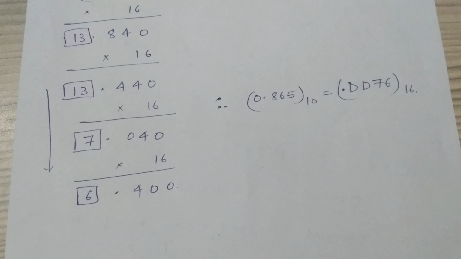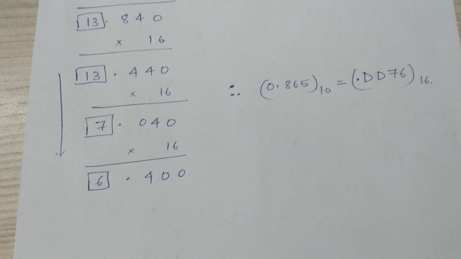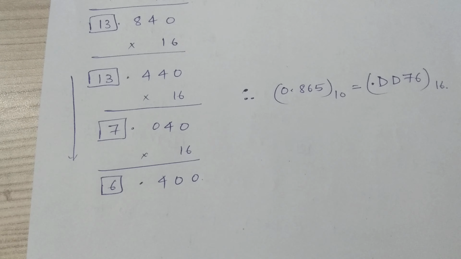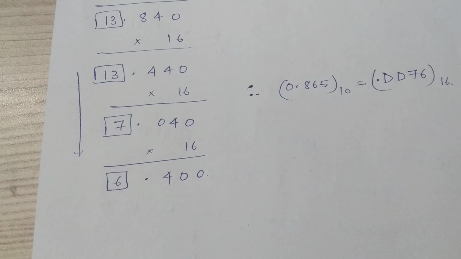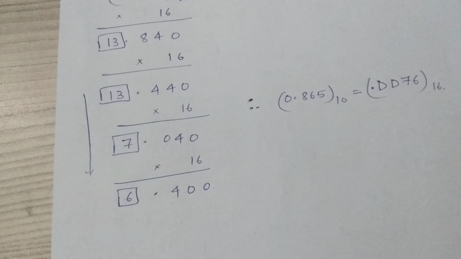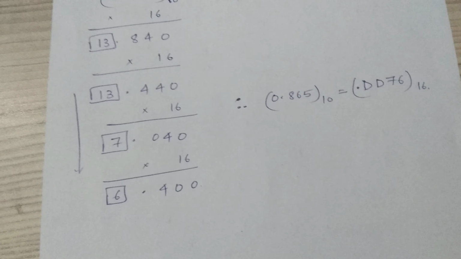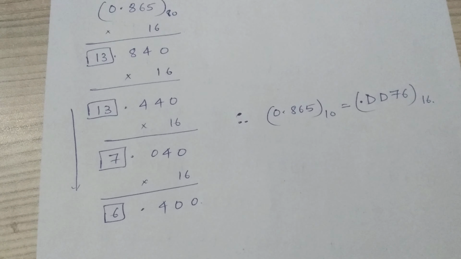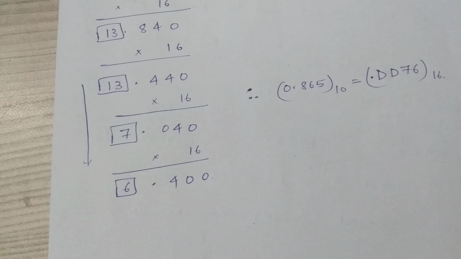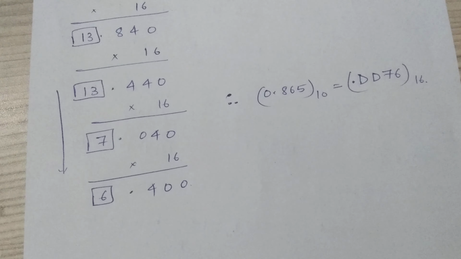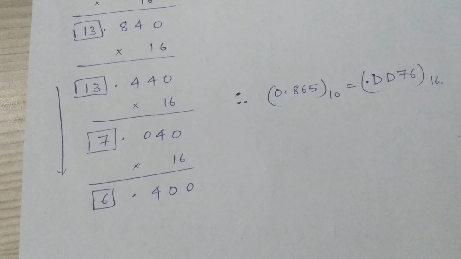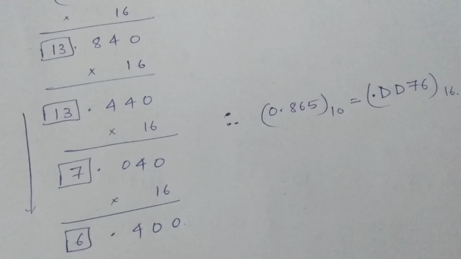So this is the way or the method of converting any decimal fraction number into binary, octal and hexadecimal number. Always remember, the number is multiplied by the base and the non-fractional part is taken up, then the fractional part is again multiplied and